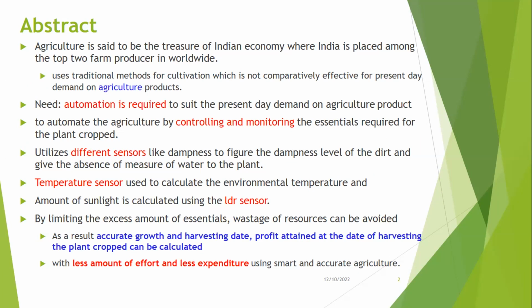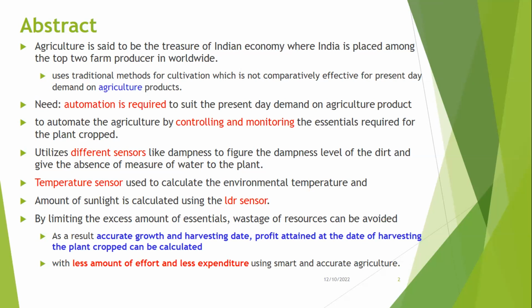So my abstract says agriculture is an important part of the Indian economy, where India is among the top 2 farm producers worldwide. Today cultivation uses very traditional methods, which are not effective for the present-day demand for agricultural products. So we need to go for automation, and automation is going to be very essential in today's life in terms of agriculture. To automate agriculture, we need to control and monitor the essentials required for the